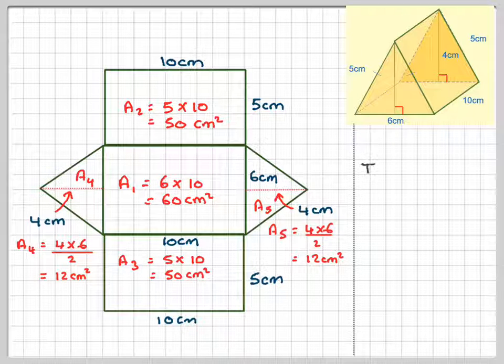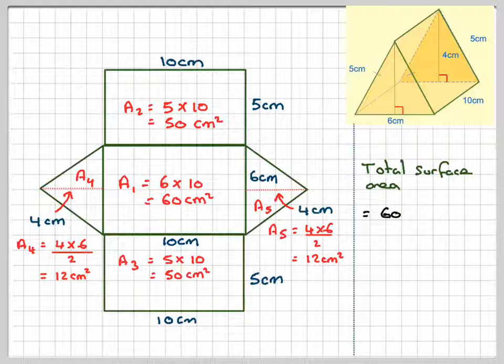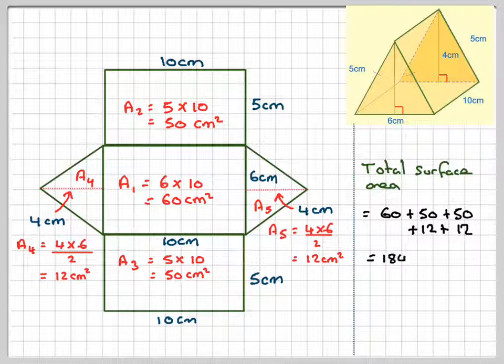Then to find the total surface area, we just need to add each of those up. So it's going to be 60 plus 50 plus 50 plus 12 plus 12, which gives me an answer of 184 centimeters squared. So this has been a video to show you how to find the total surface area of